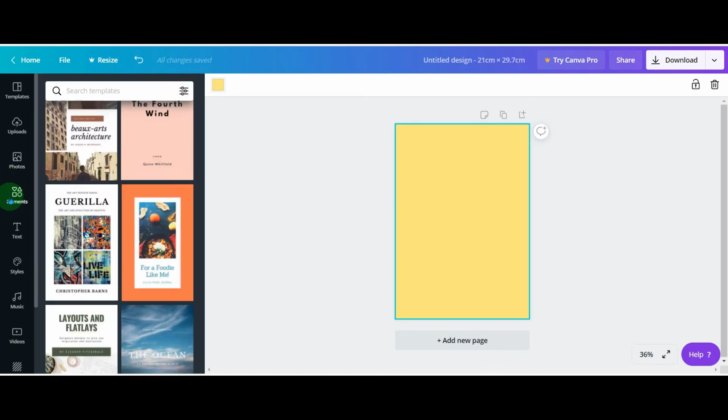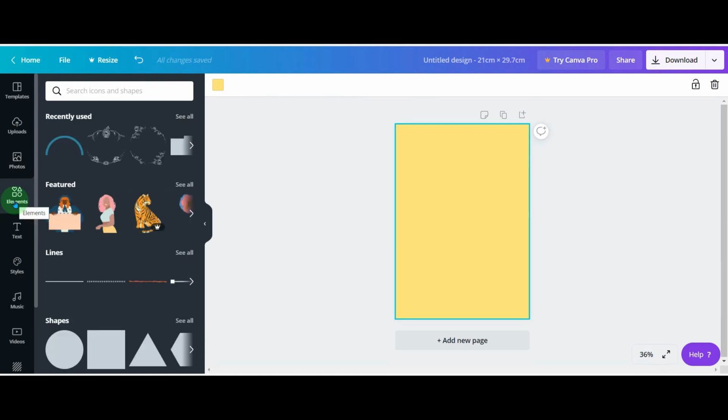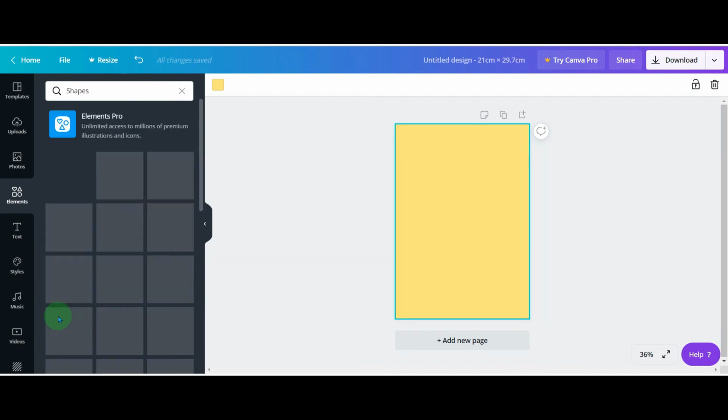Then you can add elements. You have a lot of elements that you can choose from. If you want shapes, you can choose a shape.